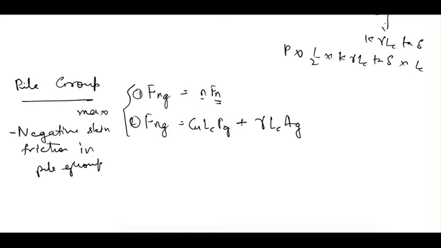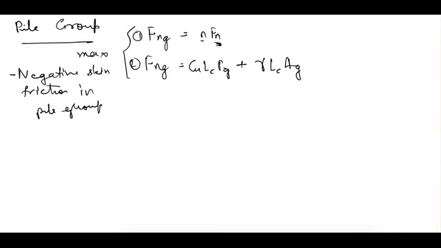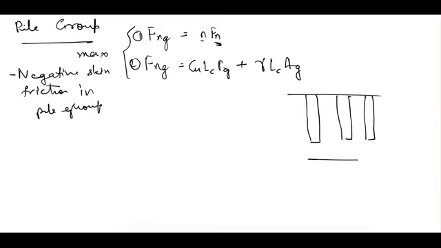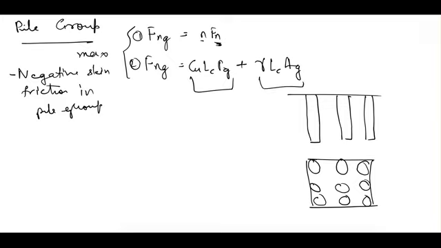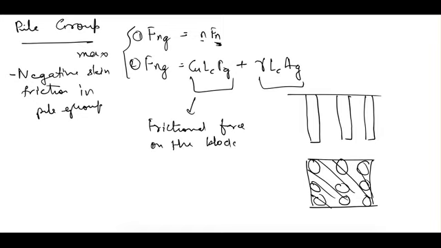The first term we have seen earlier just now. Let's see the second term. Let's say this is our pile group, and from the plan it is like this. This first term is made up of two parts. This first part indicates, if we consider this whole pile group as a block, the frictional force on the block, that is this block.